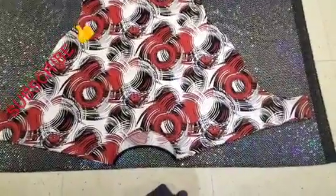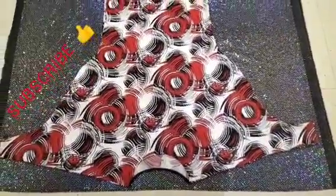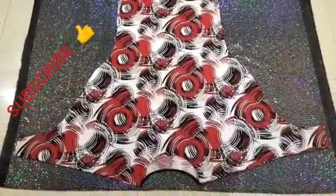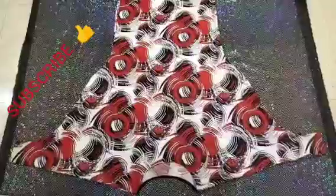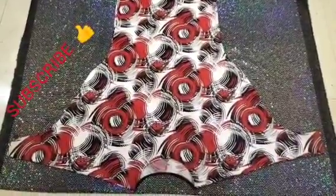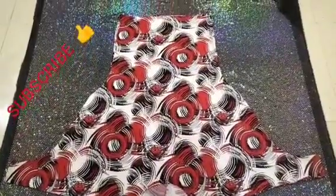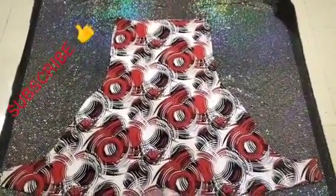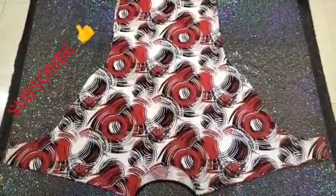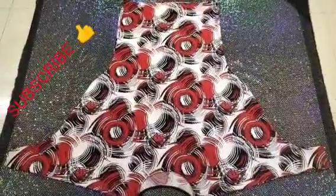Alright people, so this is what my pattern looks like, as you can see. So I'm using my already made abaya dress to make this sewing easy for me. So instead of using a paper pattern, I'm using a fabric pattern. So I'm going to cut it right now, following this shape and adding my 0.5 inch allowance on the sides,